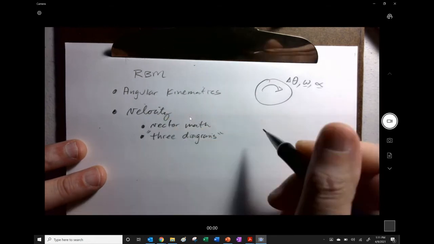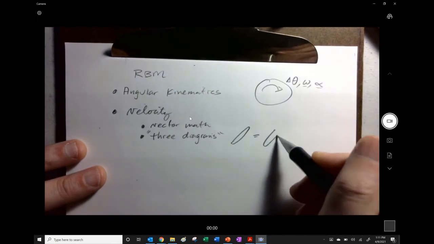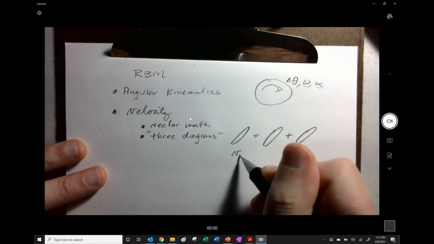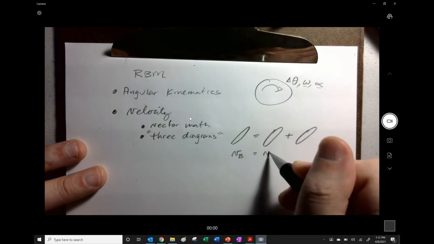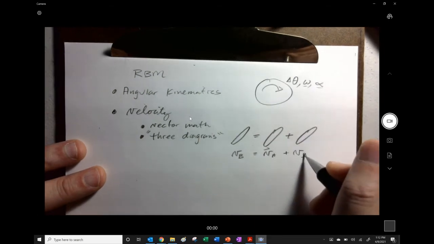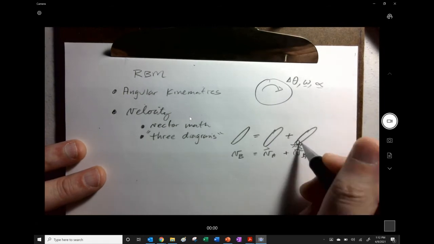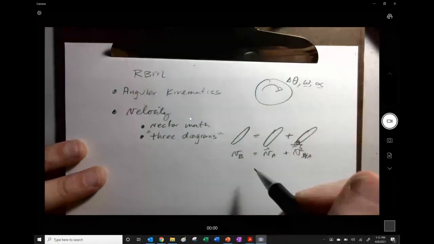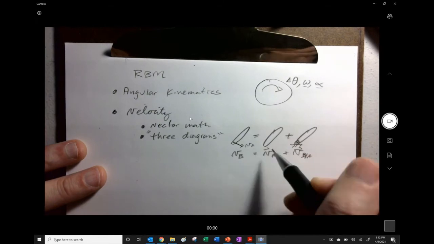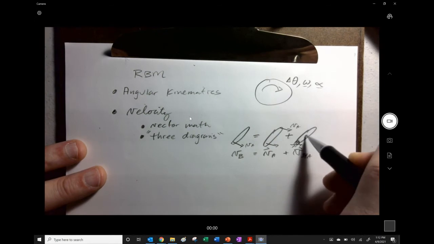And by 3 diagrams, what I mean is that we take something and break the velocity vector into something that we want to find out, something that we know, and something that we have as a relative thing. We do that by pinning one of the ends right here, so I guess this makes this A. This is the velocity of A. So we put the velocity of A at both spots, and then we spin this thing